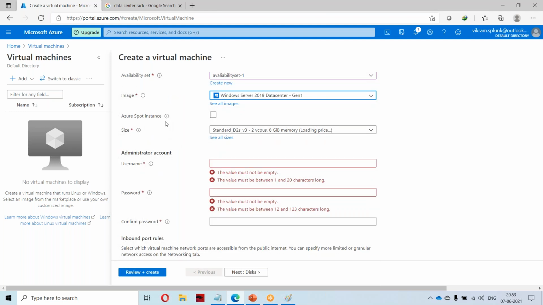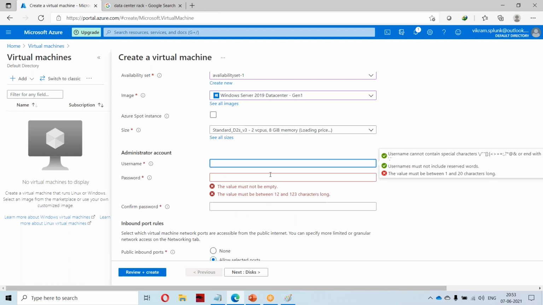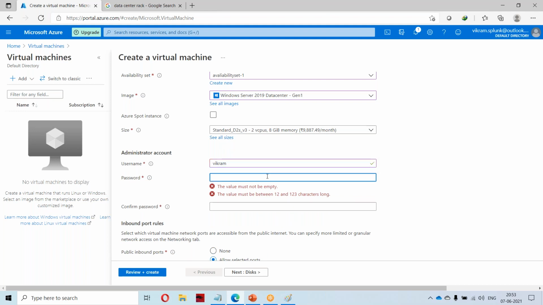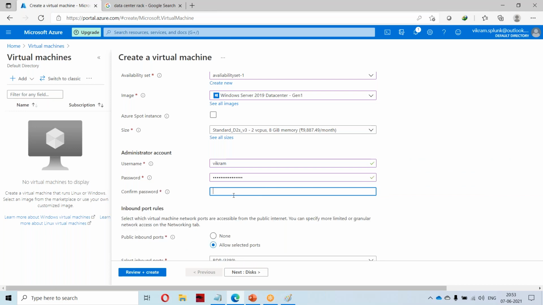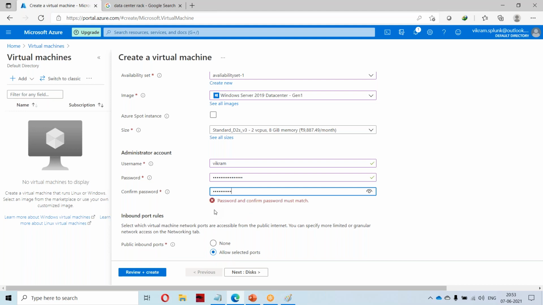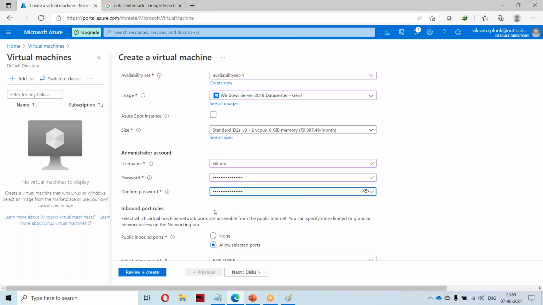Spot instance and all those, these are all small theory stuff. Now I will be giving some username and password. Here I am giving the administrator username and password for the Windows instance which I am going to create.